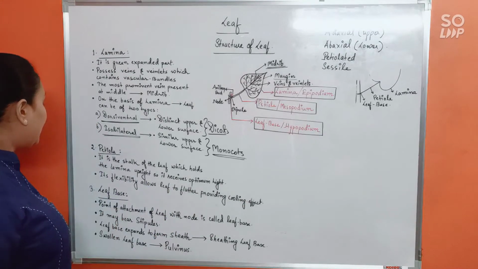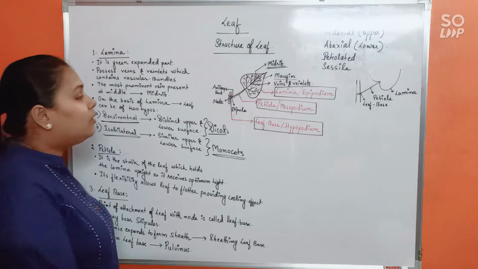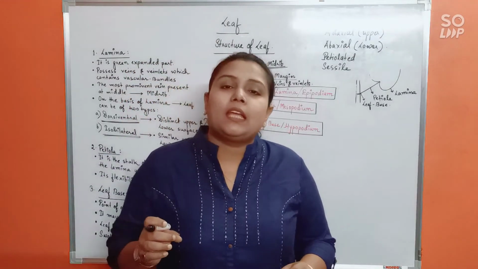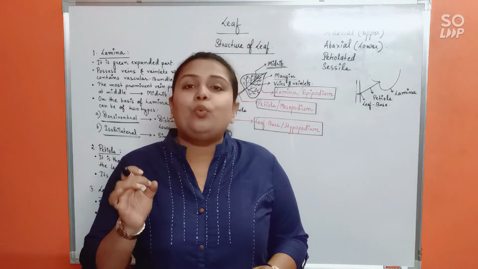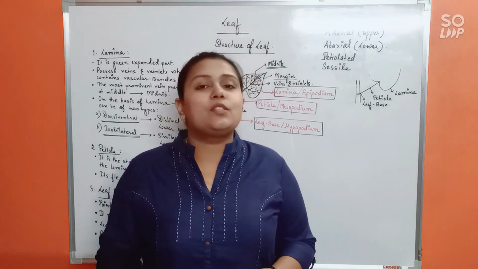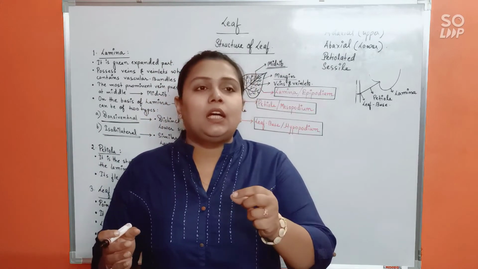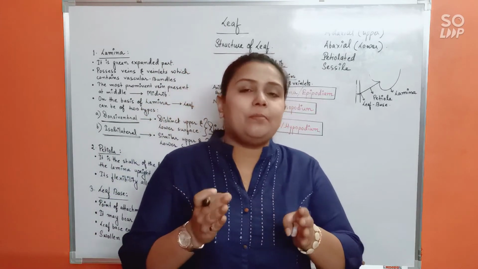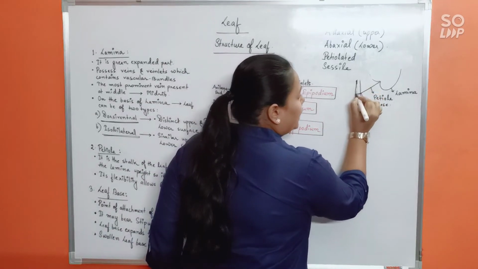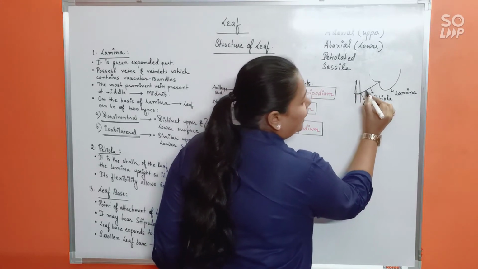Alright. Now finally, moving to the third and the last part of the leaf, that is leaf base or hypopode. Alright. See, the leaf base is the point of attachment of the leaf with the node. The point of attachment of the leaf with the node is known as leaf base. Now of course you cannot distinguish the leaf base from the petiole. We cannot just simply say that this much is the, like say here in this diagram, suppose this is the node, right? This is the point of attachment, so this is the leaf base. And then directly starts the petiole.